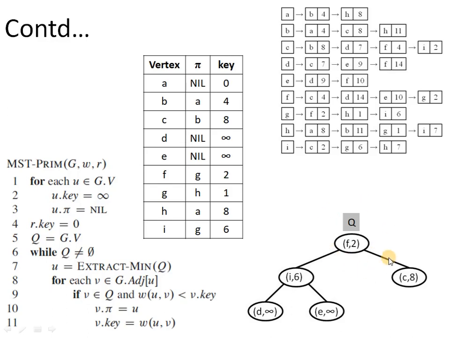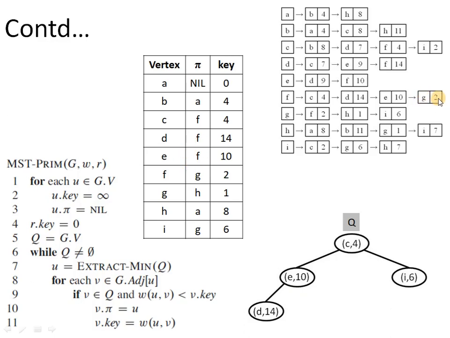Next extract min will delete F from the heap, and the linked list corresponding to F has vertex C and weight value 4. So this C comma 8 will be updated to C comma 4, and C will have new pi value of F now. Next we have D comma 14. So again D comma infinity will be updated, and pi corresponding to D will be updated to F. Next we have E comma 10. So E comma infinity will be updated to 10. Accordingly the heap gets modified, and the pi corresponding to E is also modified.